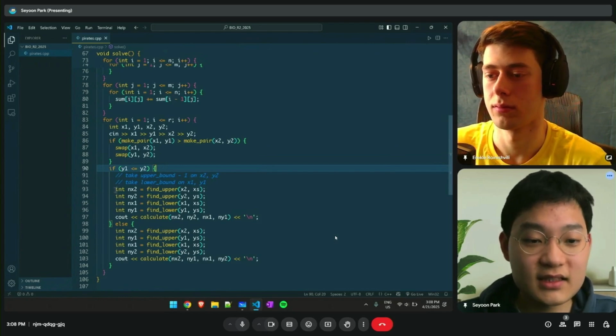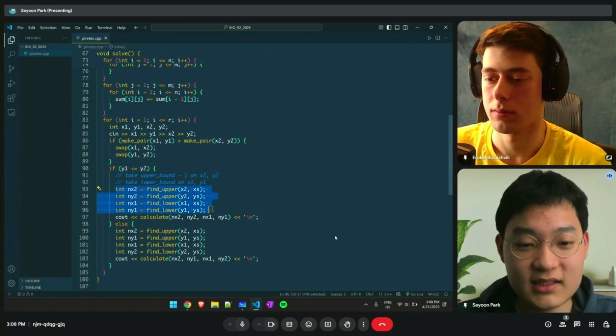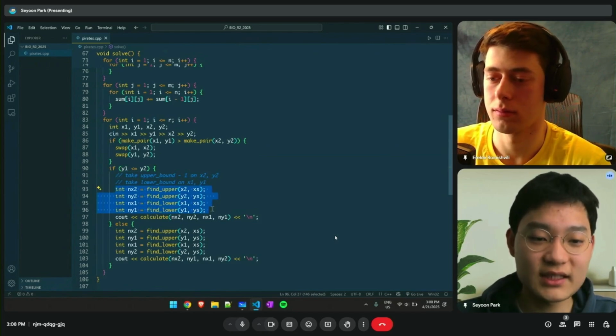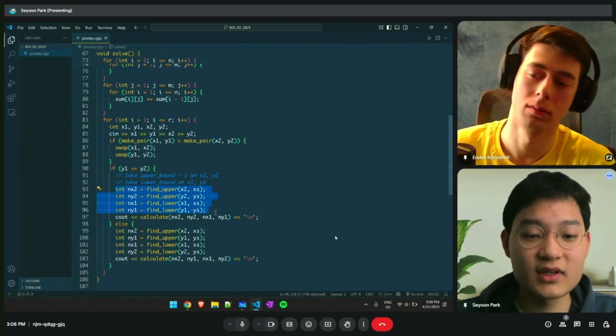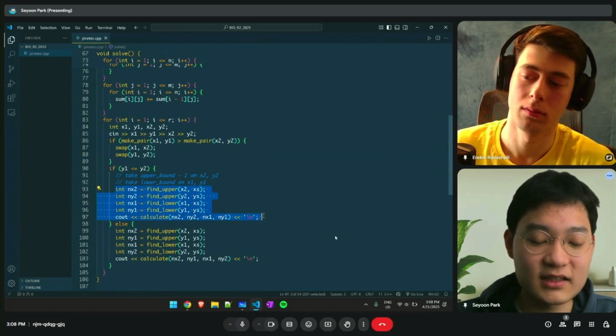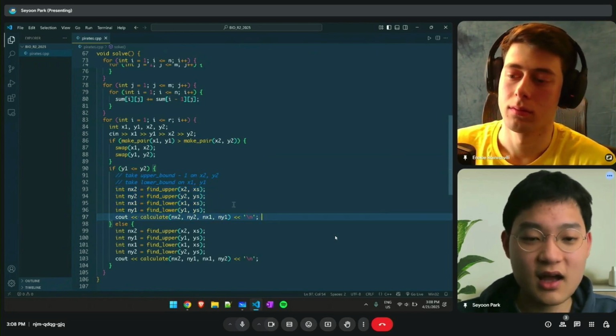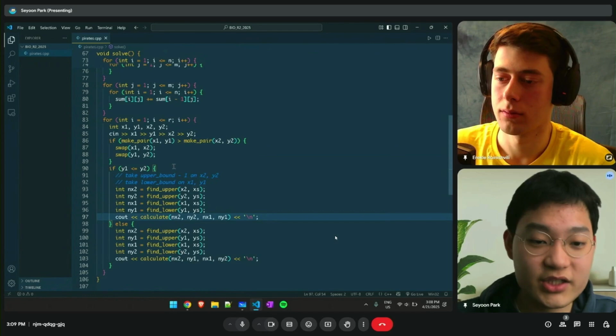Then I convert these x1, y1, and x2, y2 into compressed forms by finding the closest relevant points through binary search.